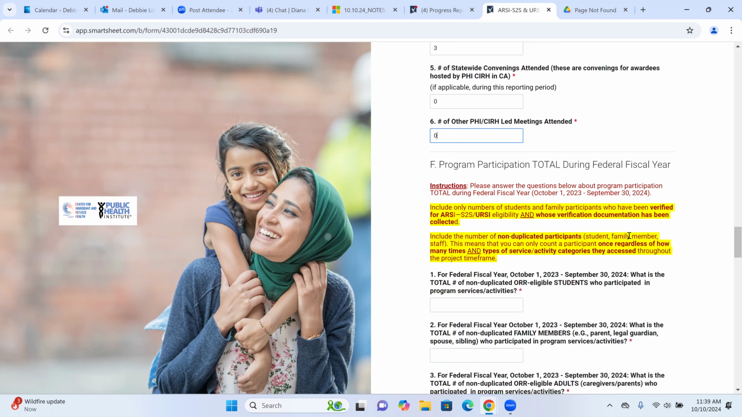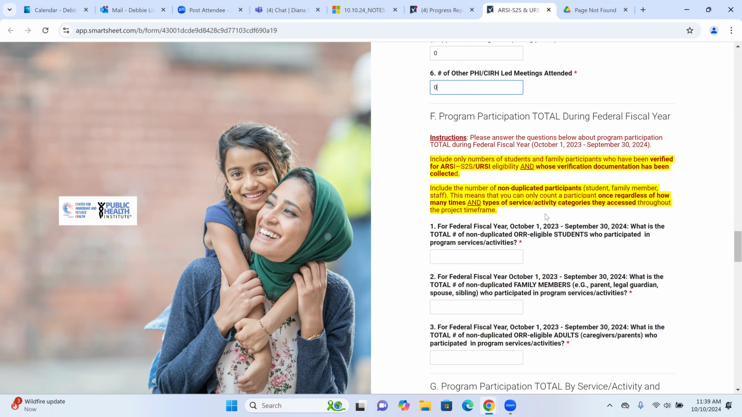Okay, we're almost there. We see two more sections, F and G. So now you see the red and the highlights. Any questions for sections F and G: the data needs to be entered based on the federal fiscal year. For the September 10th due date, you're entering numbers from October 1, 2023 to